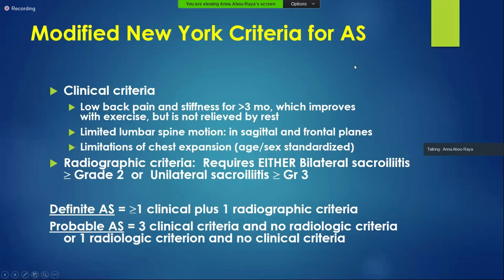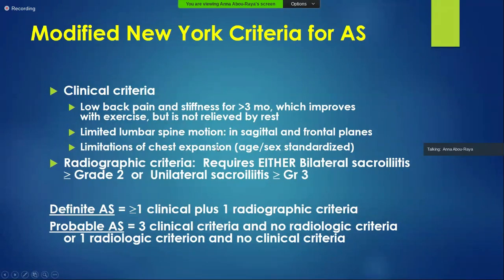What is the modified New York criteria that we should know? Here we have clinical criteria and radiographic. What are the clinical criteria? Chronic low back pain and stiffness that is lasting more than 3 months, improves with exercise, is not relieved by rest. When I examine him, he's got limited lumbar spine motion in both sagittal and frontal planes, limitation